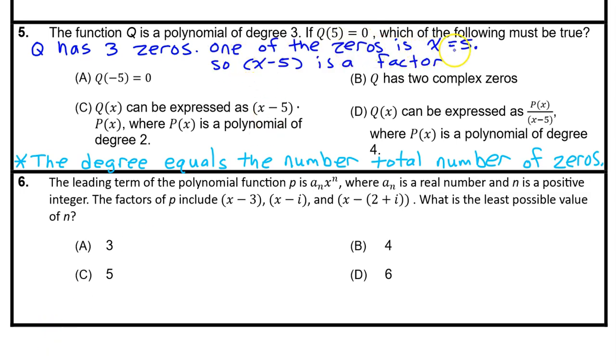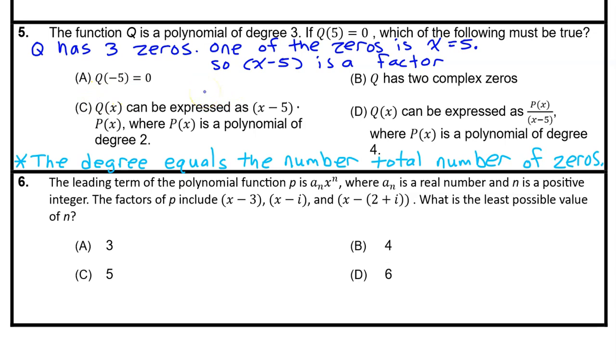So one of the zeros is x equals 5, which means that x minus 5 is going to be a factor. So let's start looking at these options and trying to figure out which of these options has to be true. Is it definitely true that negative 5 is also a 0 of the function? No, I think this is trying to trick us into thinking about conjugate pairs, which is something that happens with